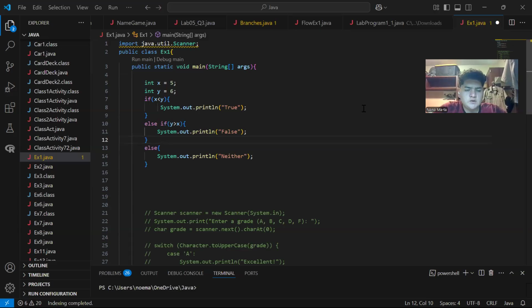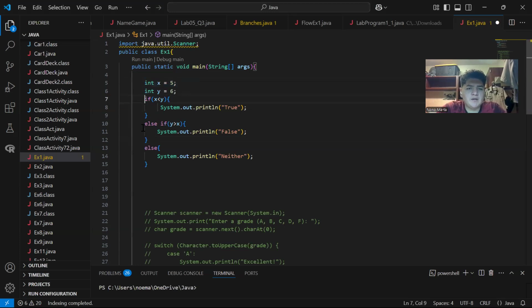Okay, so for my first computer science video, I'm going to be doing if statements. When creating an if statement, you need a condition on the inside, and the code checks the condition and returns a boolean, true or false. For this example, I have created an int x and an int y. And since this is a simple example,